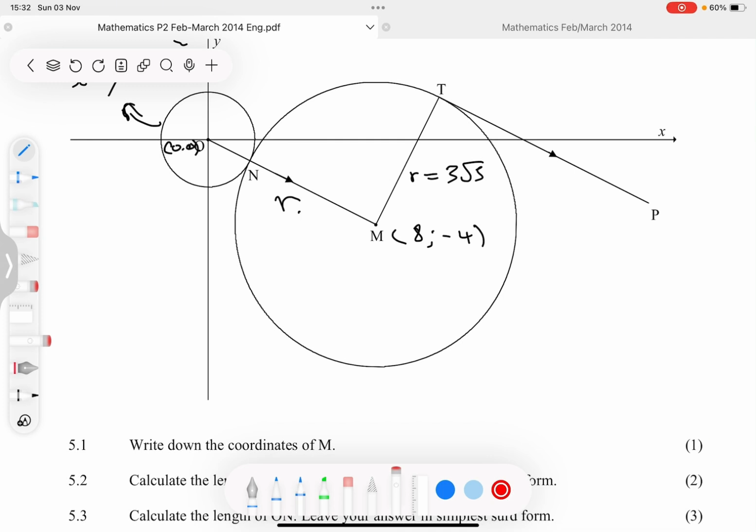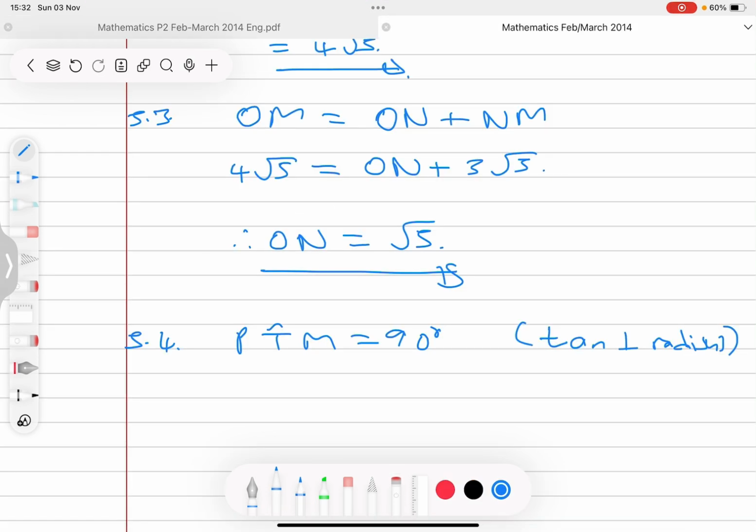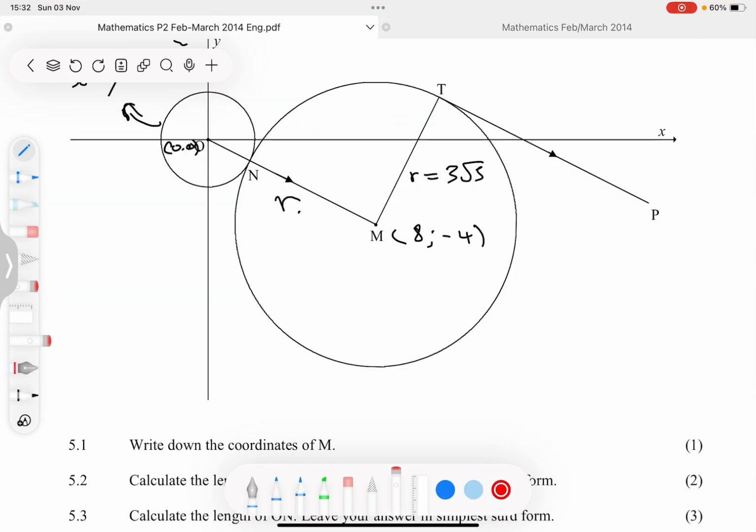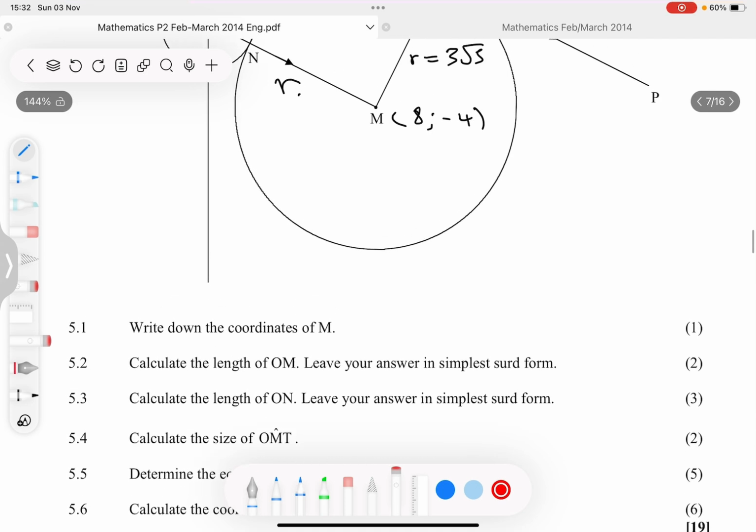That is one of our theorems. But we just said that this angle here is the same as this angle because these two angles are alternating angles, because MT is a transversal. So that means now I can conclude and say, therefore, angle PTM is the same as the angle that we are asked to calculate, which is